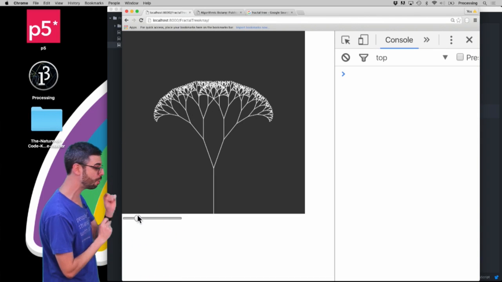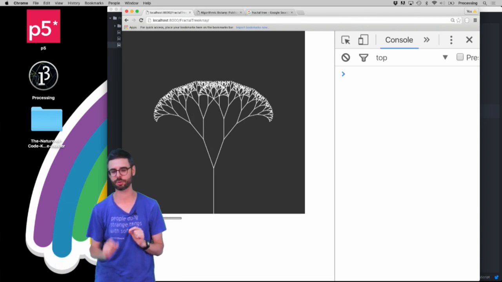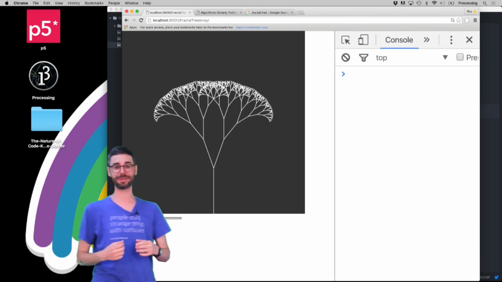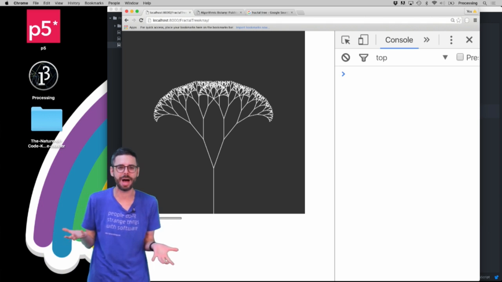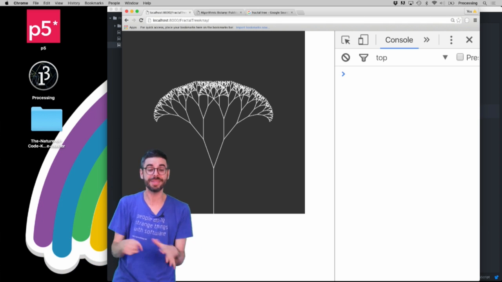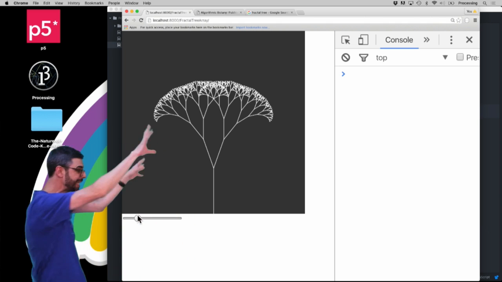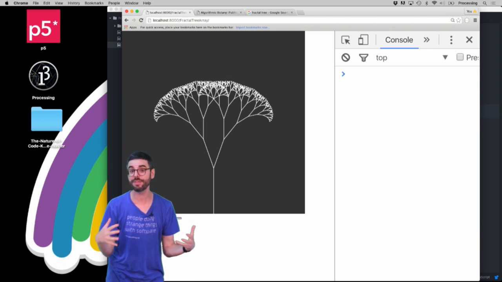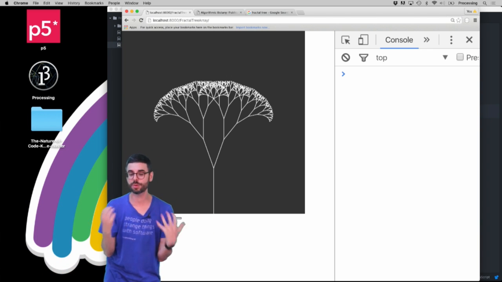This one is a follow-up on the previous fractal tree coding challenge. One of the first things that people often ask me when they first see a fractal tree is, oh, I want it to grow from the bottom. So how do you have it grow from the bottom? This is also the same question as, oh, I want to put leaves on it and then have the leaves fall. So while the fractal demonstration I did in the previous video is a good demonstration and a useful technique,